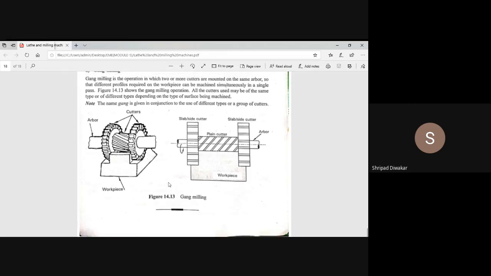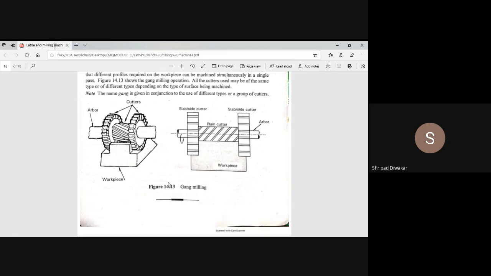So here in milling machine, you remember they'll ask what is the difference between milling machine and lathe machine. Okay, I'll repeat once again. In case of lathe machine, only cylindrical jobs can be fixed, and in case of milling machine, apart from cylindrical surface, we can fix rectangular workpieces, square workpieces in the milling machine. This is the first difference. Second difference is that in case of lathe machine, only the single point cutting tool is used, and in case of a milling machine, the multi-point cutter is used. That is the second difference.